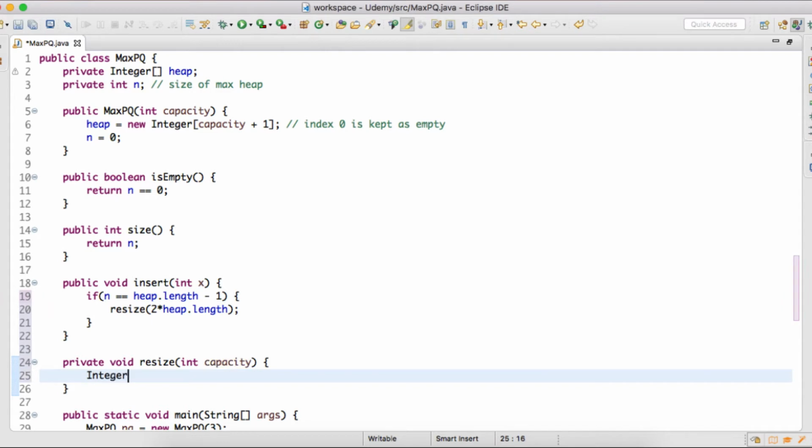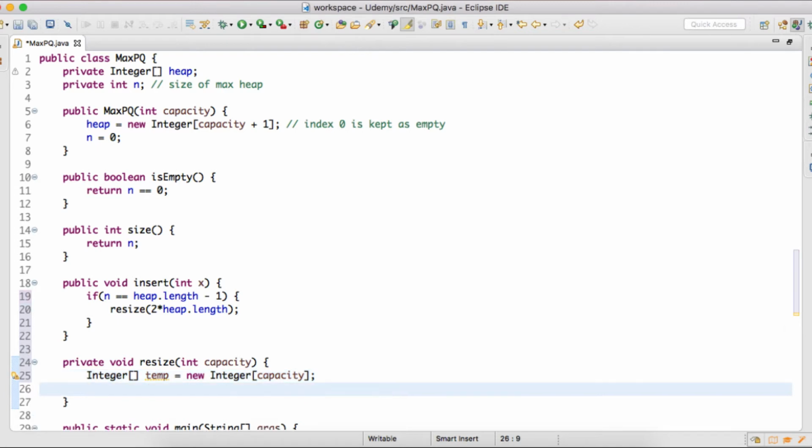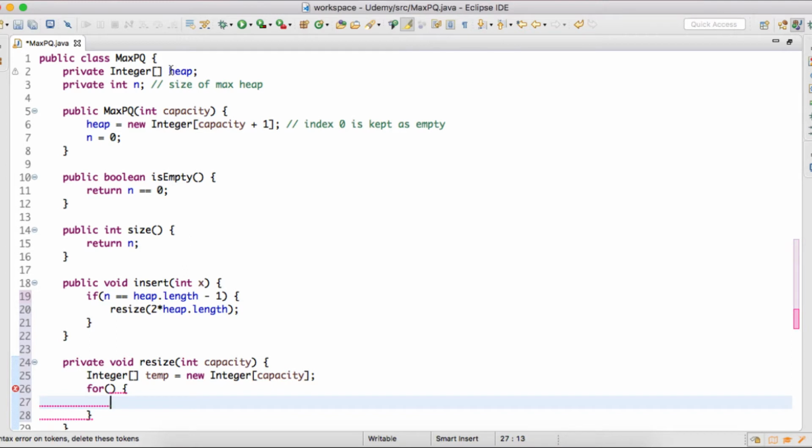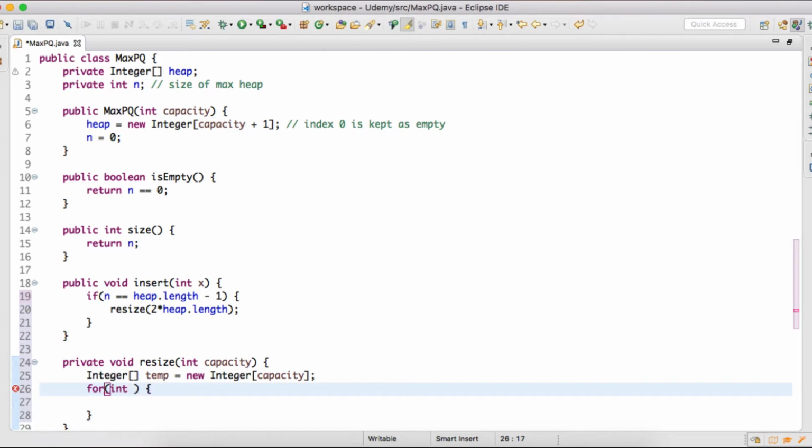So here first we'll create a new temporary array whose length would be the capacity which we have passed. After creating this temporary integer array, we will copy each and every element from this heap to this temporary array. So we'll start from 0 and traverse till heap.length.